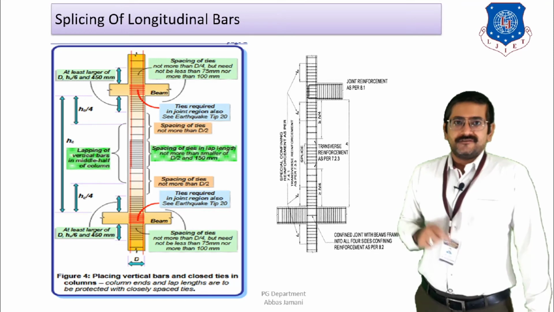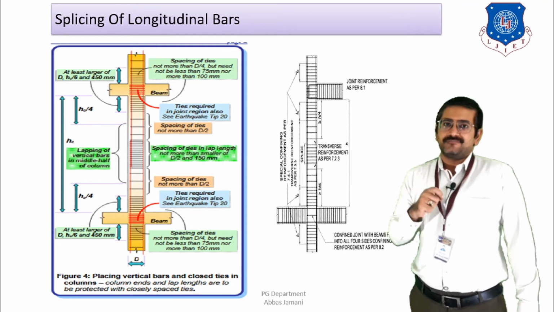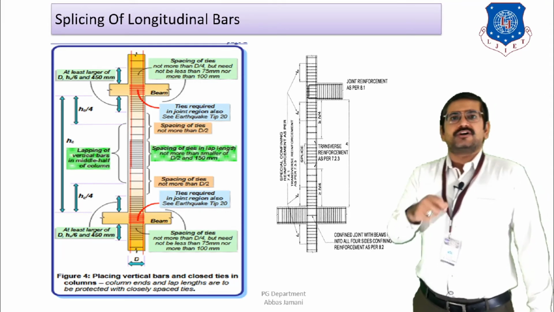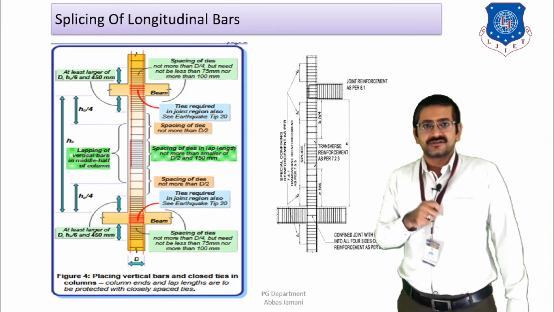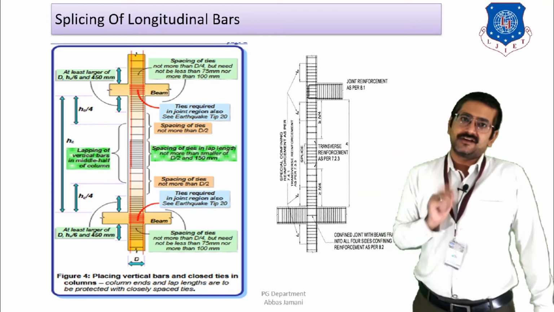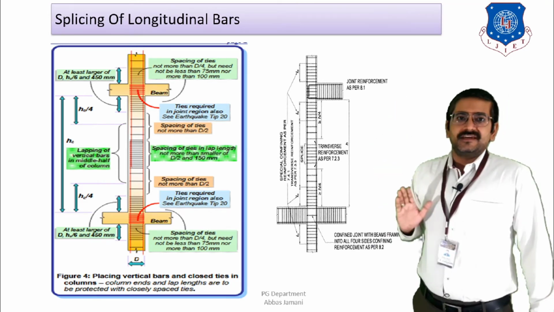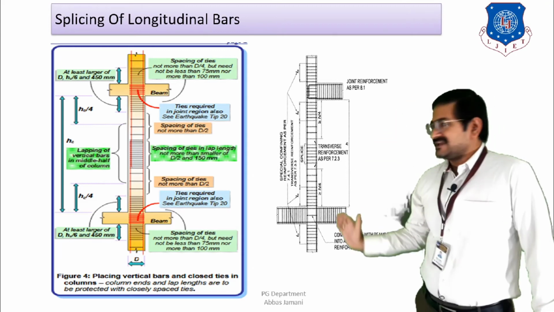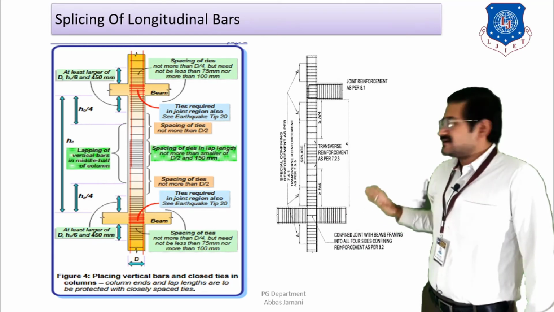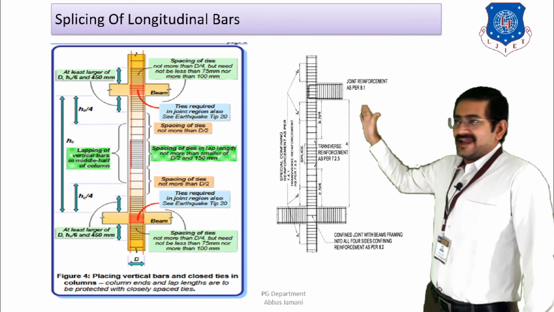Why is this so? This question can be answered if you are well aware of the analysis and the type of moment diagrams that are going to be generated in the case of columns. If you talk about the moment diagram of columns under lateral loads, then there is always going to be a reversal of stress, because once we apply the load in the positive x direction, the second time we apply the load in the negative x direction. So the moment diagram of the column is going to be in this diagonal format. That is, the top portion will be positive once and the bottom portion will be negative. The second time, with reversal of stress, the diagram will be in this direction, that is the bottom portion will be positive and the top portion will be negative.